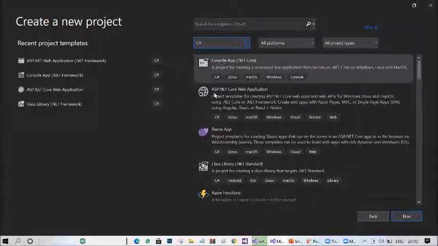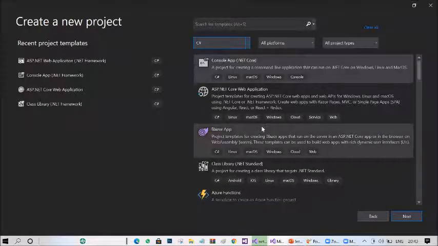Here you can see that there are different types of projects available. Using C sharp, you can develop different types of programs. What do I mean by that? If you want to develop a web application, you can create a web application.